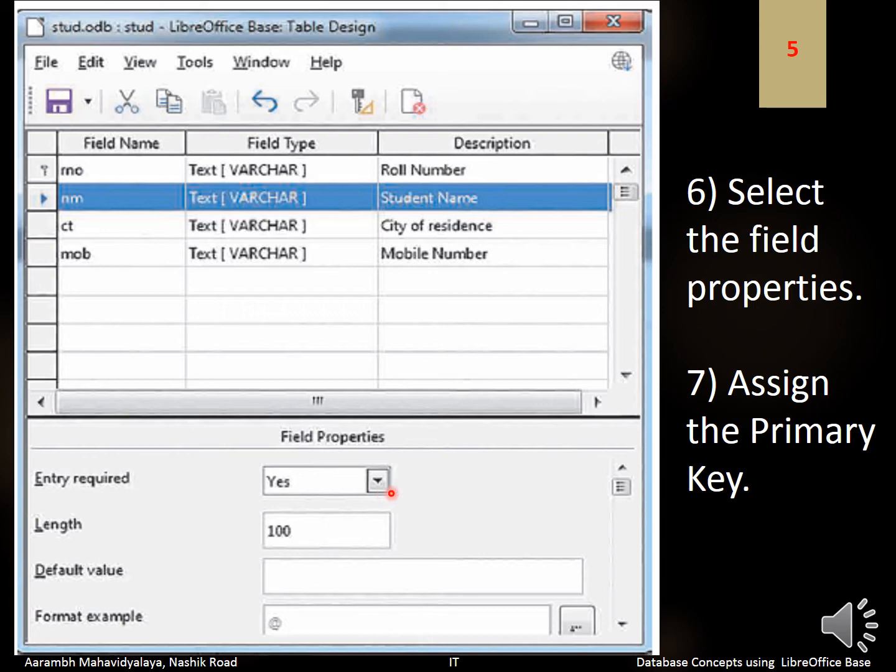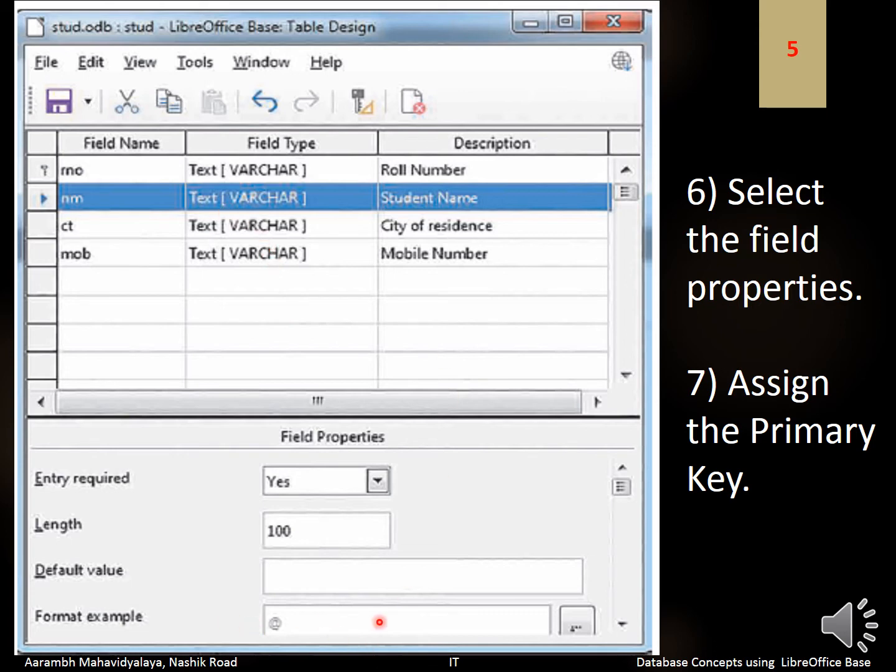Yes, that means you must compulsorily provide some data under this field. Then length, its length can be 100, maximum 100 characters. Then default value can be provided. If the user has not provided any value, then this default value can be used for the specific field.